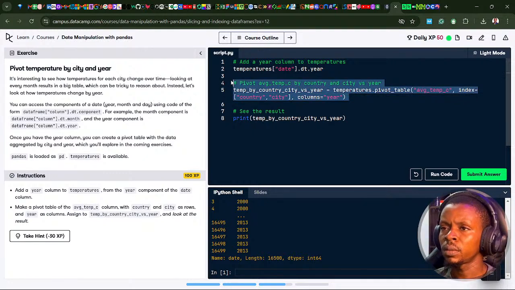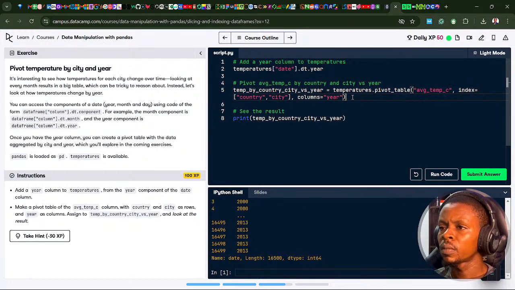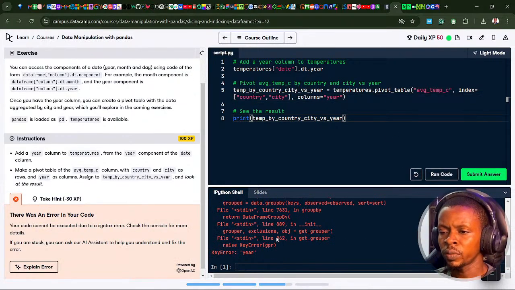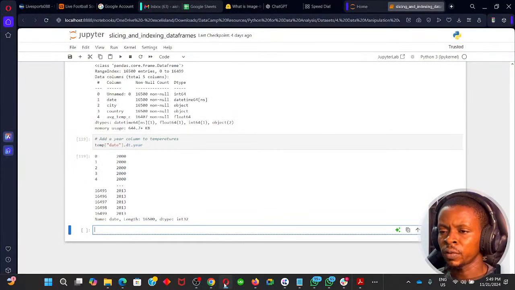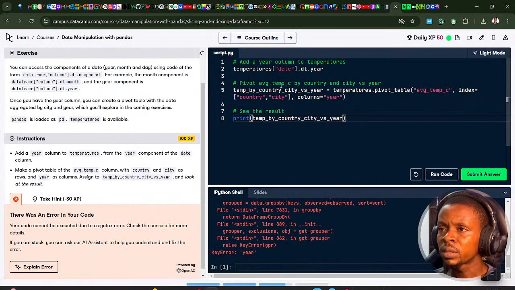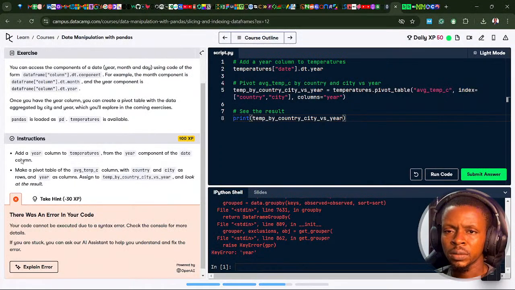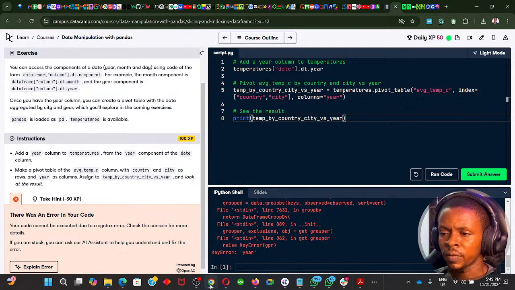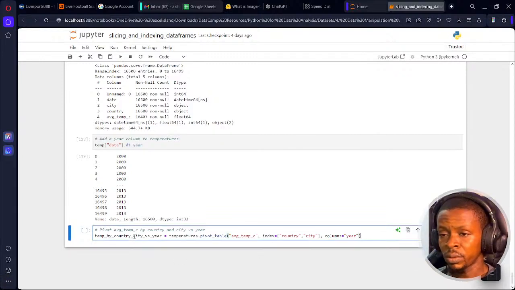Okay, let's see if this makes sense. Let me try to run the code here and see. Oh, we run into an error. Now I need to figure the error out first. But initially, let me look at this. These temperatures, the dates. If I run this code here, I'm expecting to get an error also. But my temperature is going to be